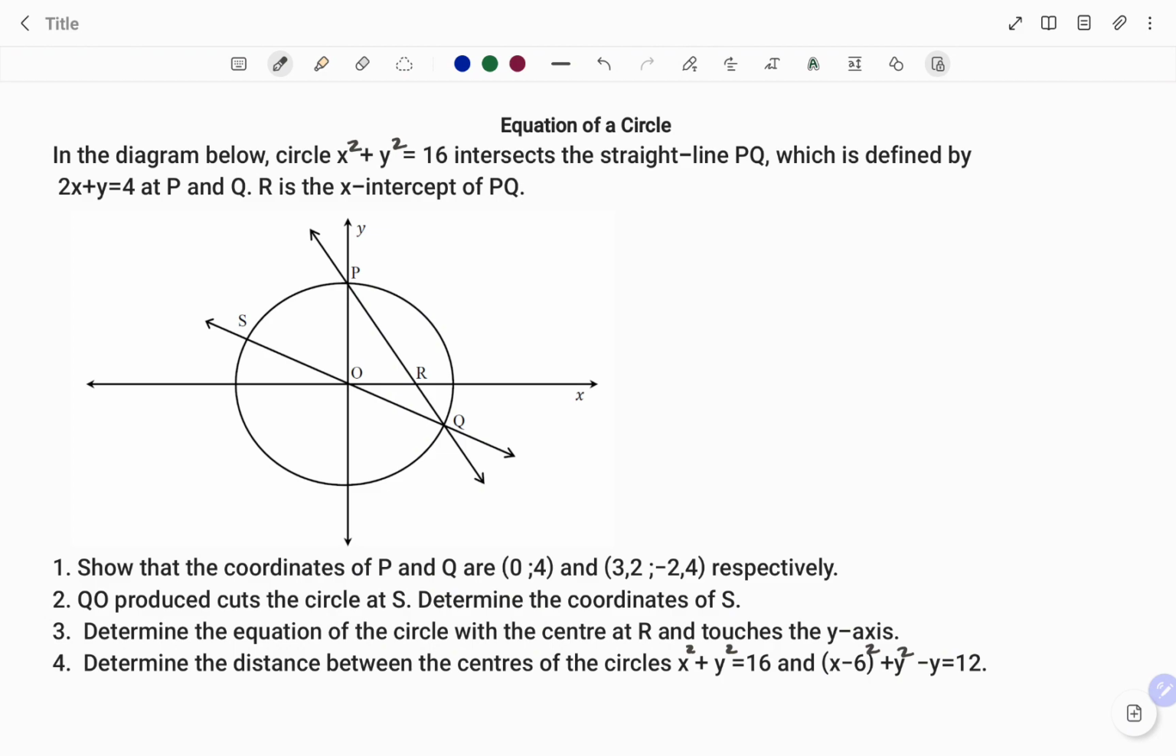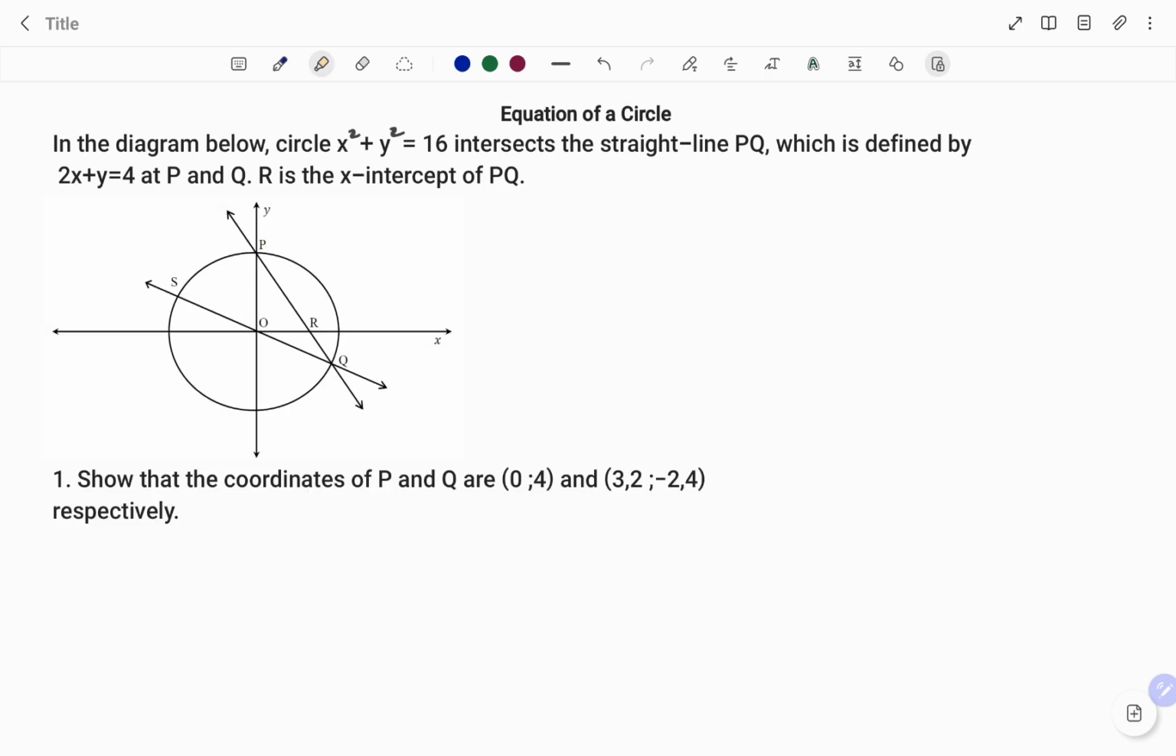In the diagram below, circle x squared plus y squared equals 16 intersects the straight line PQ, which is defined by 2x plus y equals 4, at points P and Q. R is the x-intercept of PQ. We are to show that the coordinates of P and Q are (0, 4) and (3.2, -2.4) respectively. If you look at the diagram, you can see that the coordinates of P